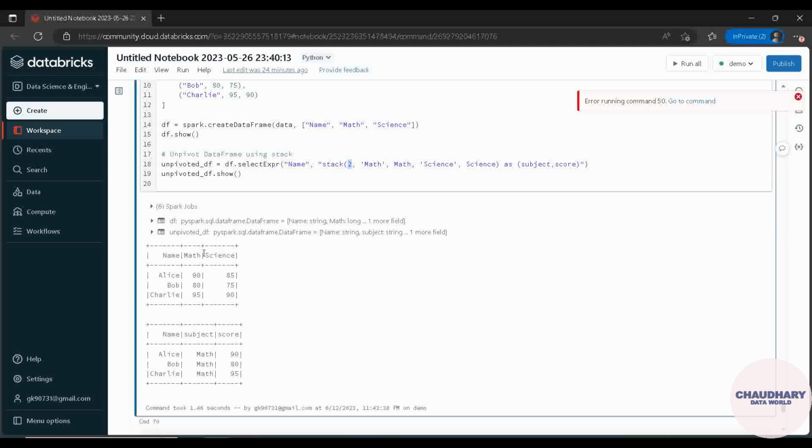If it would have been math, science and physics, suppose 3 columns would have been there in your original data frame, you would have taken it up as 3. To convert those 3 columns back to rows, we need to provide the parameter as 3. The second parameter which we are providing here, and which the stack function expects, is the column